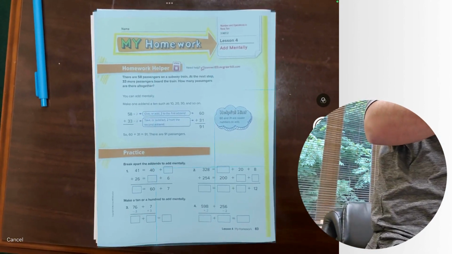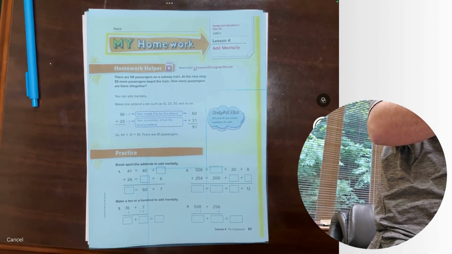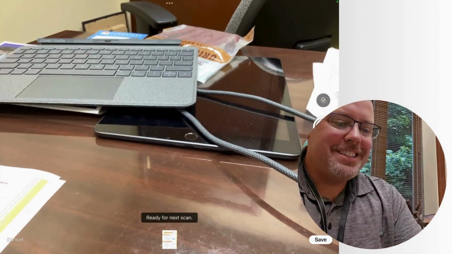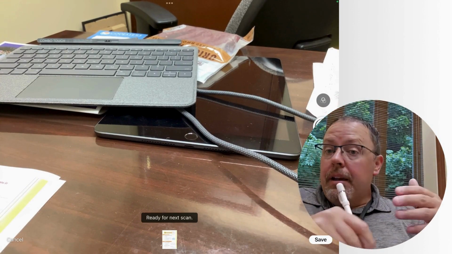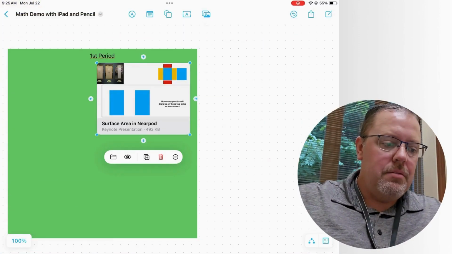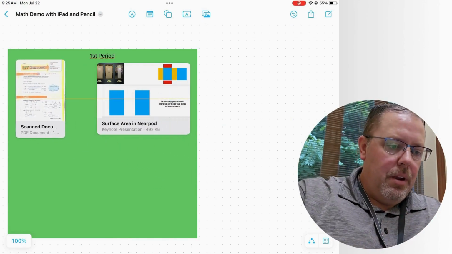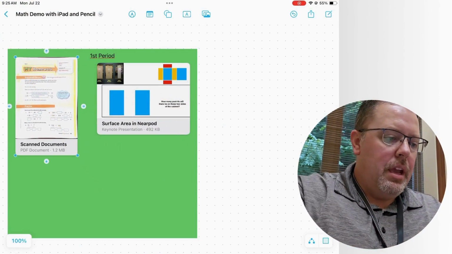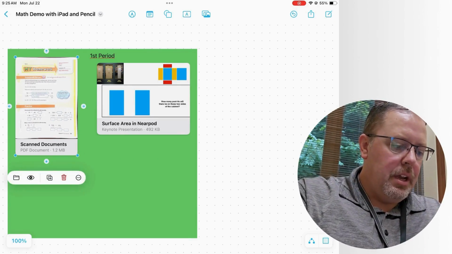And with the scanner, we're going to go ahead and scan a page from a textbook, a PDF that I have that my students might have in hand. You can scan anything. The scanner is really nice. I'm going to click Save now, and that's going to dump that right into my document, so I can organize that there. And here's what I can do now: I can tap that, go to the eyeball,